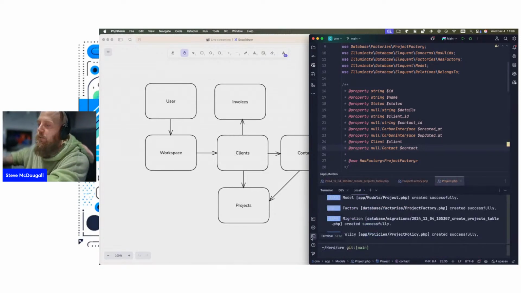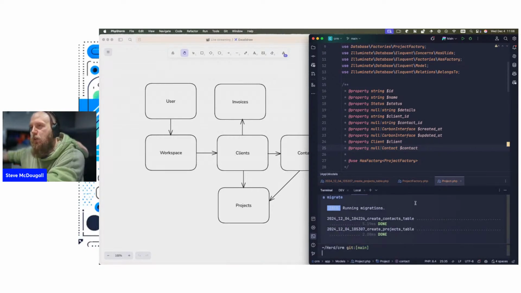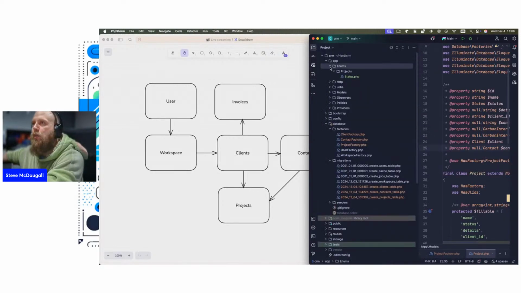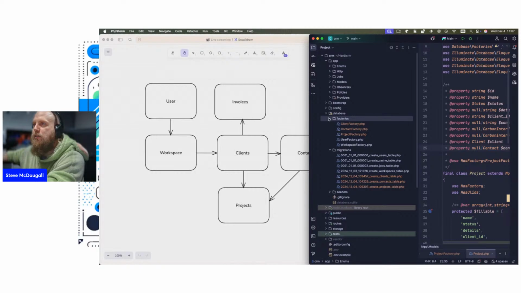Okay, so now let's just migrate. We have got projects, we have got contact, we are in a good position. So what we want to do here is